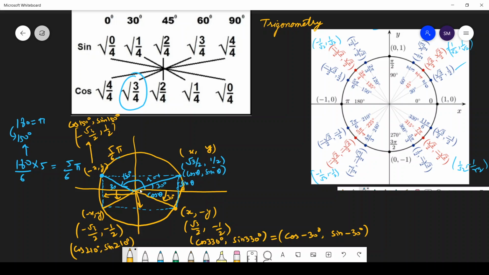Now if you take 30 degree from here on this side, you will get the same congruent triangle. This 30 here this side, this 30 degree here this side. The only thing is that your x coordinate will become y coordinate and y coordinate will become x coordinate. Do you agree with it, students? Yes, sir. So the coordinates of this point will be 1 by 2 and root 3 by 2. So similarly, we can have the points here now.